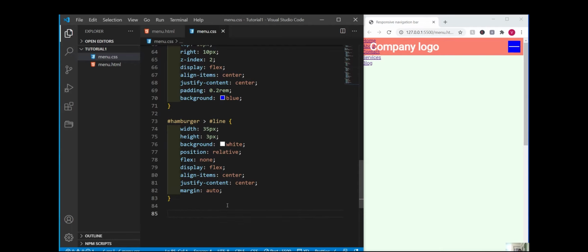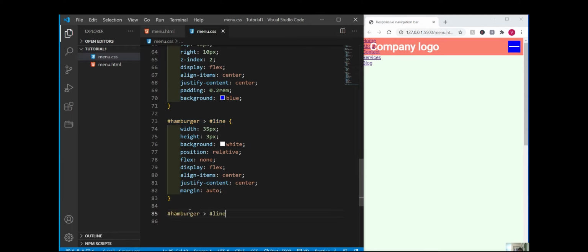So right now there is a property that we are going to use to get both lines that are up here. One is going to be up here and one is going to be down here, and we are going to use what we call pseudocode. In CSS, pseudocode is a code that we can add to our code. You get the gist? So we are going to use pseudocode. Pseudocode is just like hover and the rest of them. There's a lot of them, but this time around we're going to use the ones they call before and after pseudocode. So I'll just copy this line of code here,